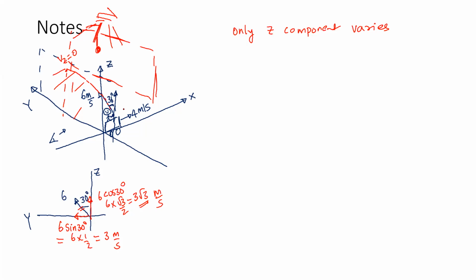I think what we can do here is I can just figure out the speed of the particle. Okay, so we understand the z component is 0. Now Vx, the x component, is 4 meter per second. That is not going to change. Y component is 3 meter per second. That is not going to change. So with what speed is the stone hitting the particle? I don't really worry about what is going on. I'll just say that there is just a string attached and then you have a particle. Now the stone is hitting this with some velocity v.